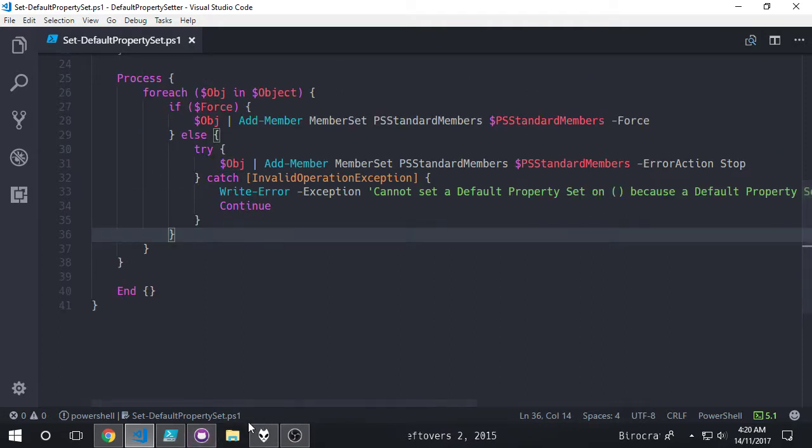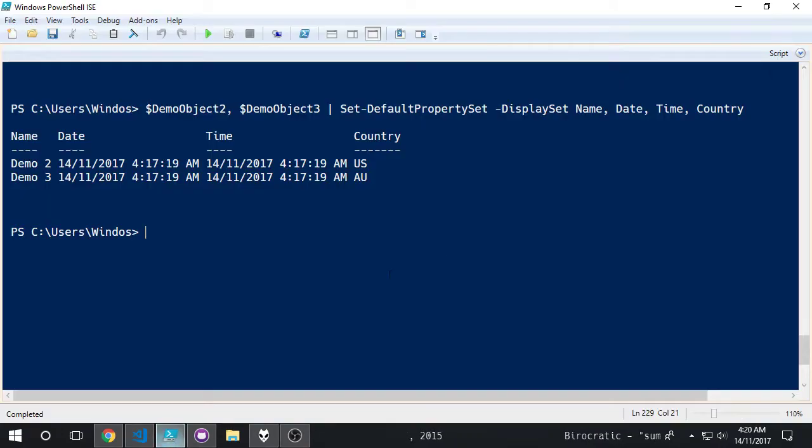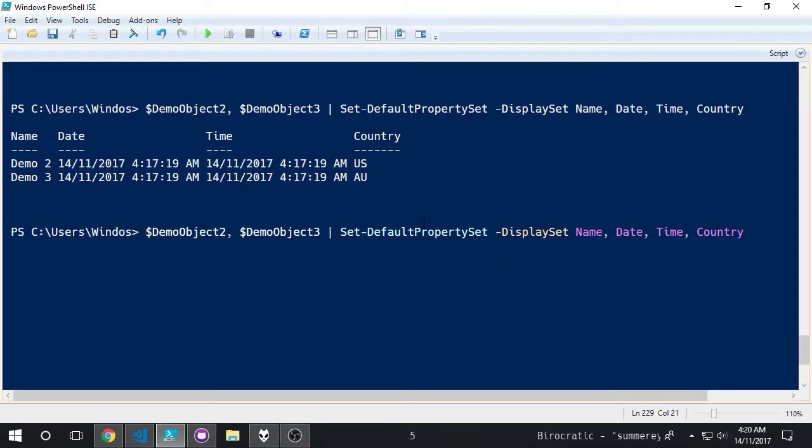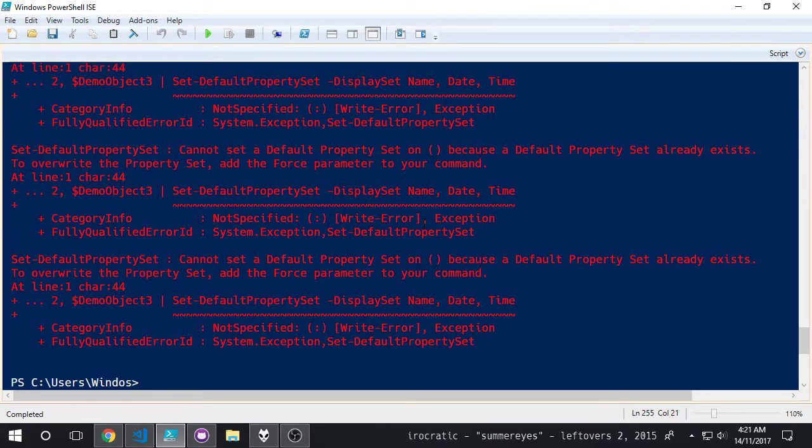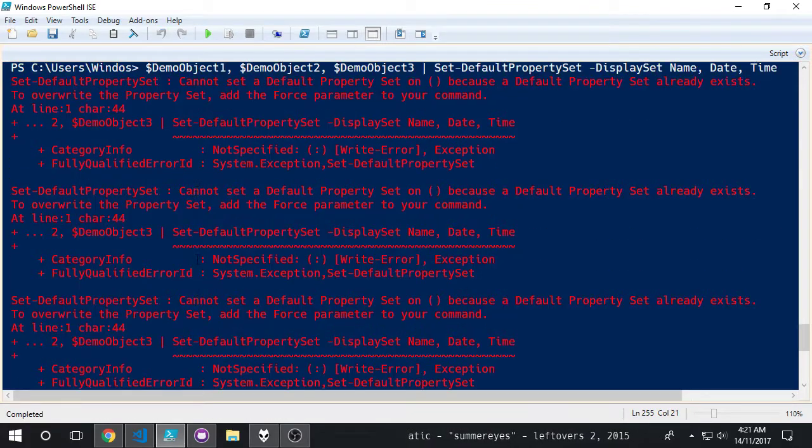So now let's see what it looks like when an error is thrown and I haven't used the force command there. So, we've got all 3 of our demo objects, and I've decided I don't care about the country. Now I just think I tweaked on what I wanted to do. So my problem last time